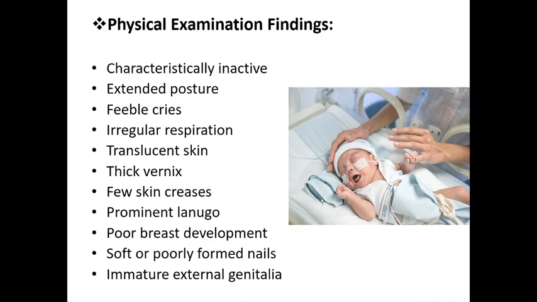And they have immature external genitalia. So these are some features of preterm babies. So you can see the preterm babies have physical characteristics compared to a normal newborn baby, and also they are prone to develop a lot of complications, a variety of physiological handicaps because of this prematurity, because ideally